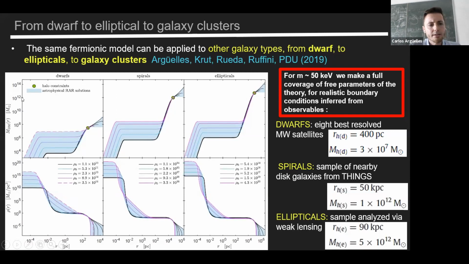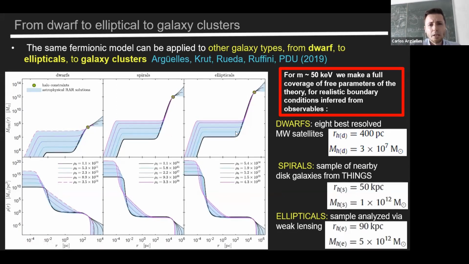here in the upper plot, is mass in the y-axis and radius in the x-axis. You can see that the mass of the core ranges from roughly 10^4 up to 10^6 solar masses. So it's a natural indication of intermediate-mass black holes, but interpreted in terms of high-density cores of dark matter and not black holes. In these spirals, the core masses rise and go from 10^5 up to 10^8 solar masses, up to the typical masses of active galaxies, and the same for larger ellipticals.